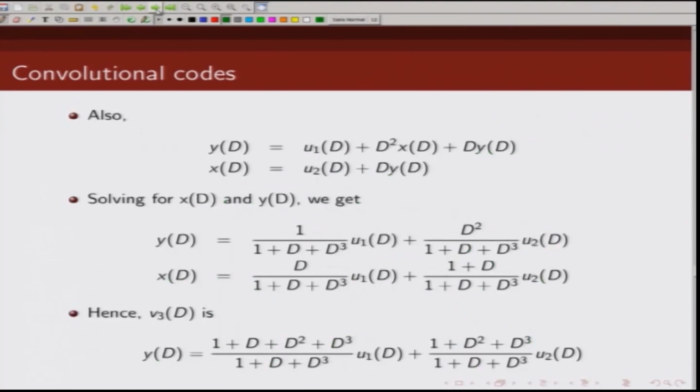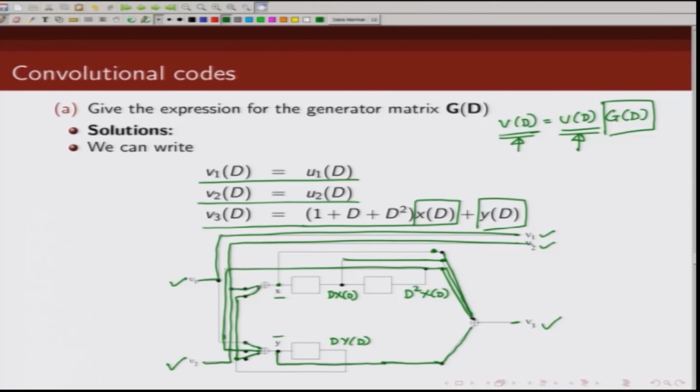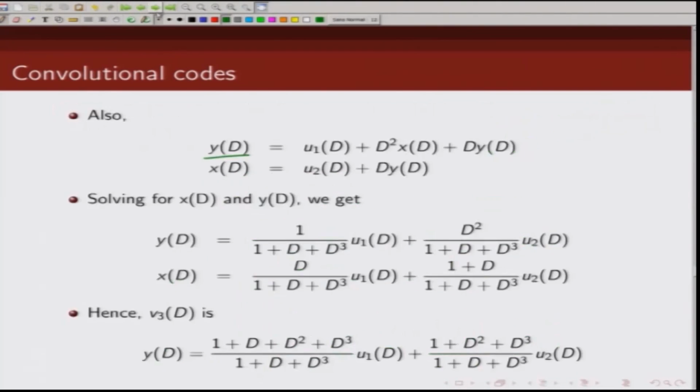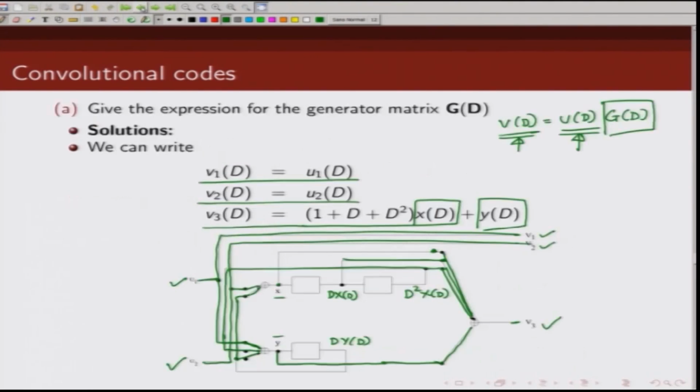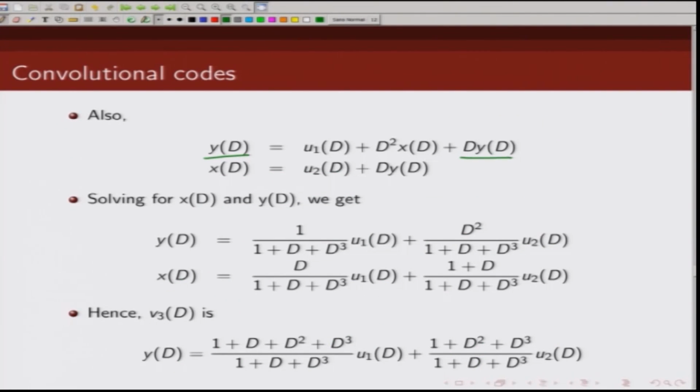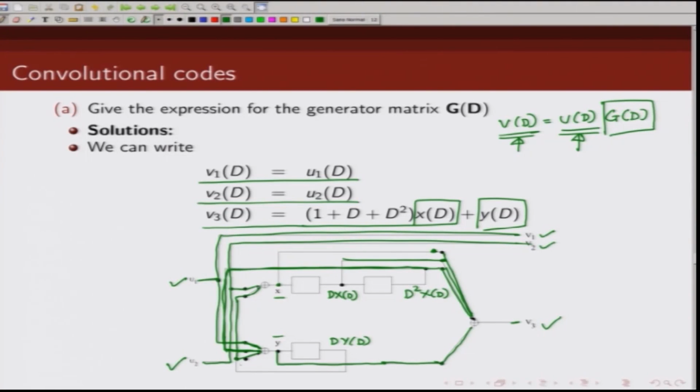Okay. So, we can write 2 more equations for x of d and y of d. Again, y of d is U1 of d, which is this one, this is U1 of d, plus d square x of d. D square x of d is this term, which is coming here, and this another term here, which is d times y of d. So, d times y of d, note here the third input here is this one, which is d times y